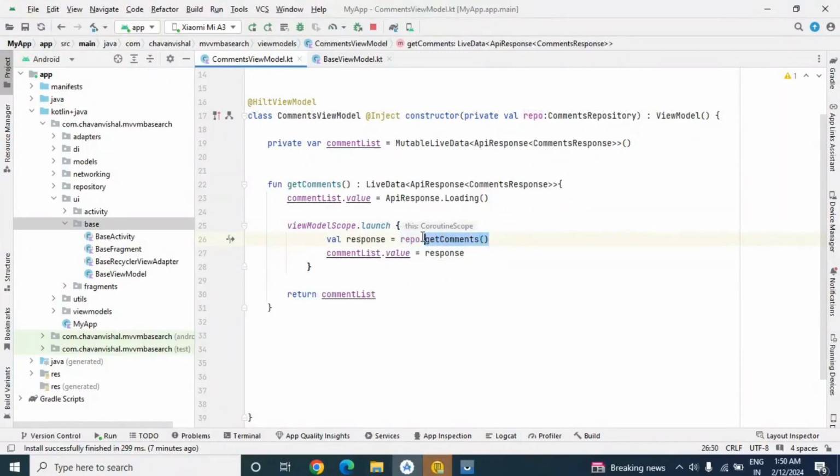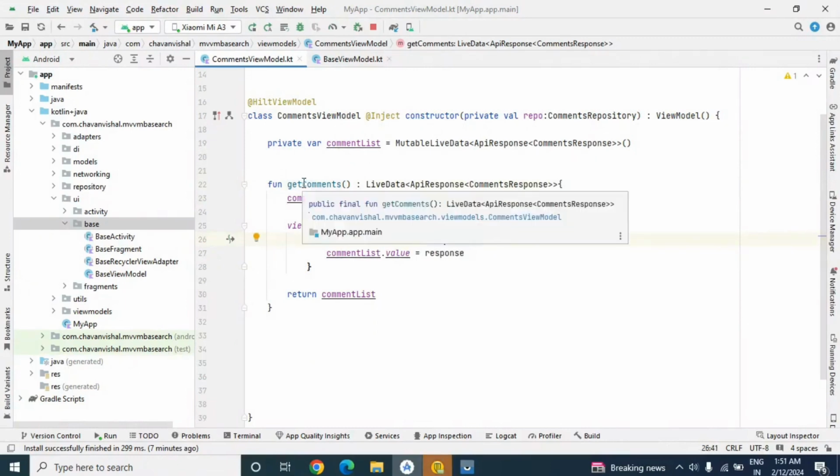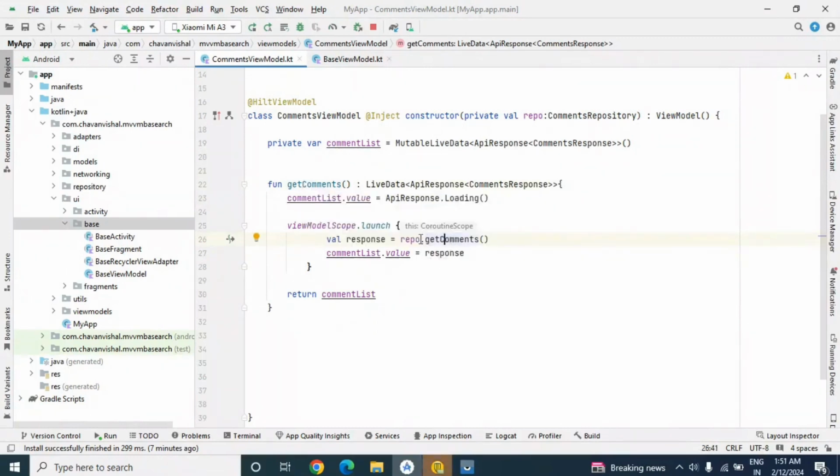So main thing is we are calling this repository method. Again, this repository method is different for each method. Like for get comments we have this get comment method, then if we have a method of get users list, then we have a get user list method in our repo. So this method basically we need to pass from our this view model to our base view model.